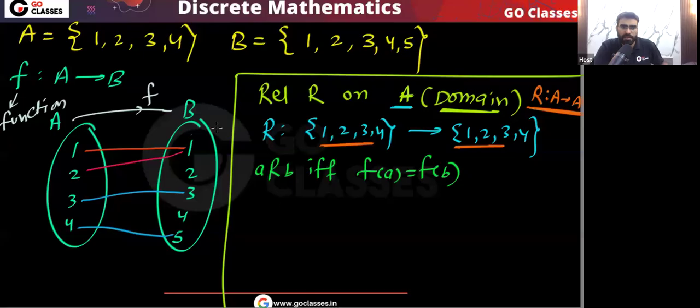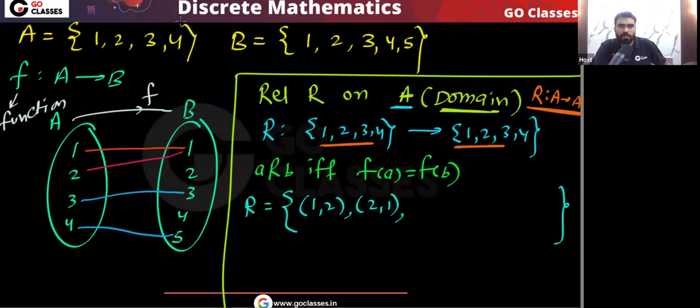So you tell me, look at this function, look at this base set. On this set, we are defining the relation. Can I say 1 is related to whom? Can you tell me? You can easily see that 1 and 2 will be related. 1 is related to 2. 1 is also related to 1, or not? 2 is also related to 2, or not?